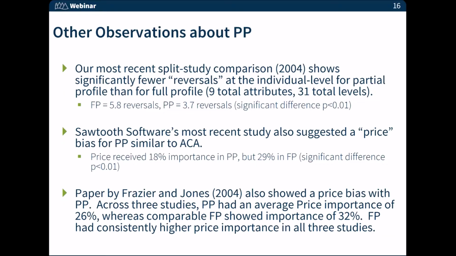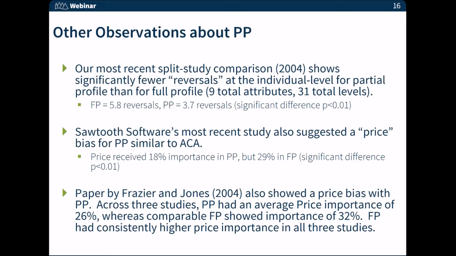Yeah, so I think partly that feeds into the next bullet point here. We've done some research with partial profile that shows that because we're showing things partial profile, one of the differences between ACBC and partial profile CBC is that in ACBC, we actually are showing things full profile, but we're graying out attributes so that they only have to look at and consider the ones that are changing, right? So we may show 10 attributes on a screen, but only 6 of them change from product to product. And so it's essentially partial profile, but we show them the full profile